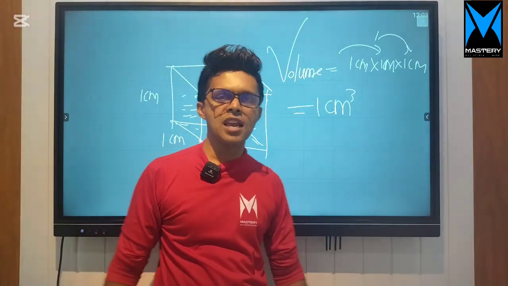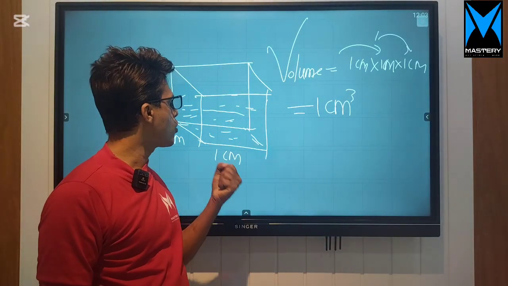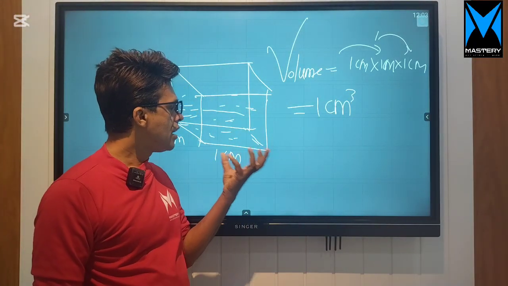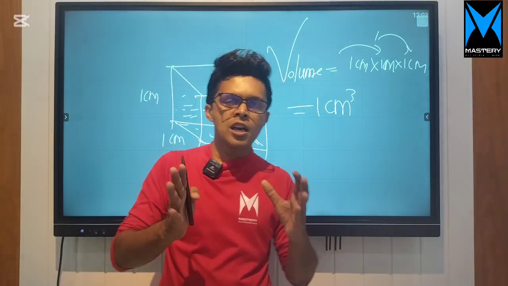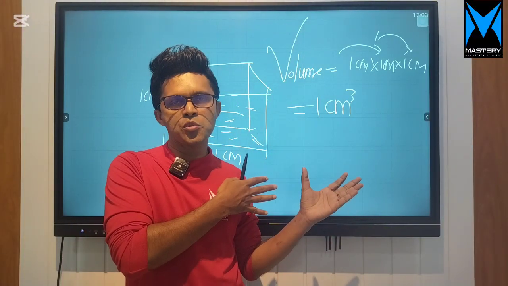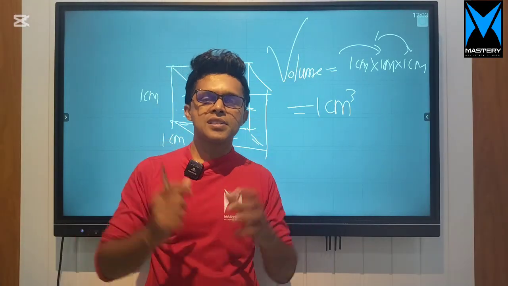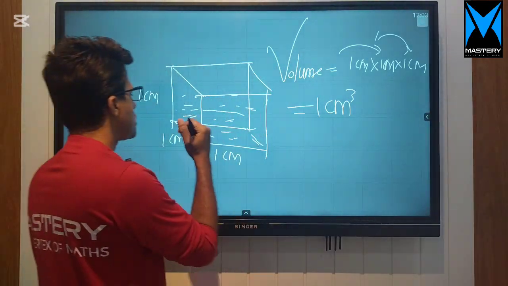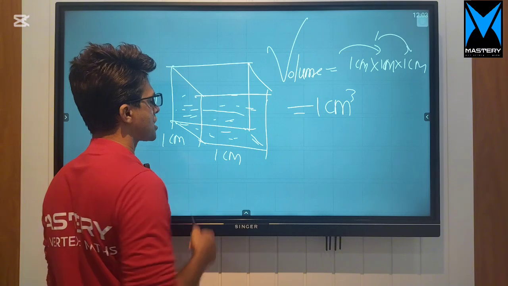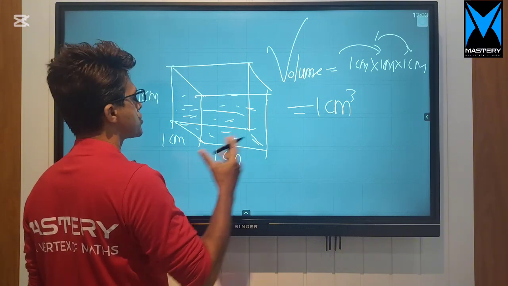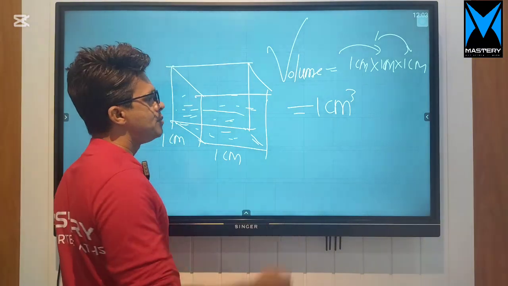What happens right now? This container has been filled with water, so now we are talking about the concept of capacity. We can get the capacity of this container by multiplying these values again, which is equal to 1